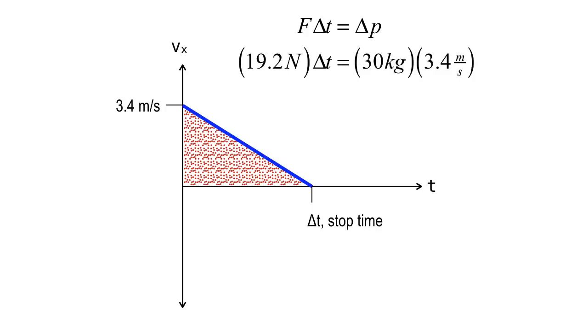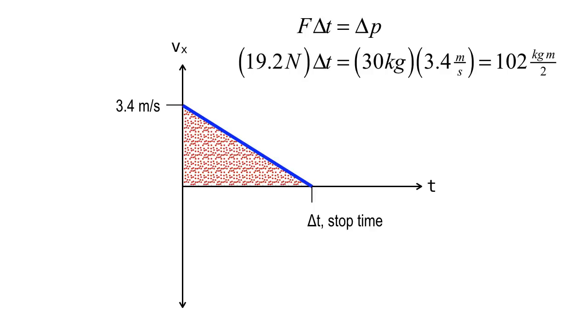Okay, so here's my mv. And so, I'm kind of skipping a step here because the final is 0, so I'm just not even writing that down. So this is his p initial, 30 kilograms times 3.4. Okay, go ahead and verify me on that. 102 kilogram meters per second. Whoa, that's the letter 2 in there. That's supposed to be an S. That's supposed to be kilogram. I must not have been wearing my specs when I typed that one in. Okay, so 102 kilogram meters per second.